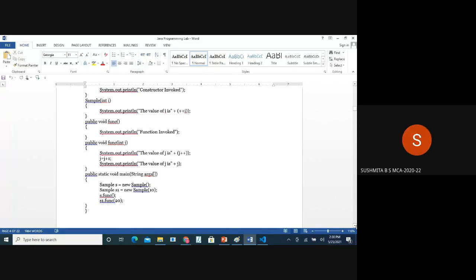Sushmita BS, present, ma'am. Sushmita U. Tirtha, present, ma'am. Trupti, present, ma'am. Varsha, present, ma'am. Veena, present, ma'am.